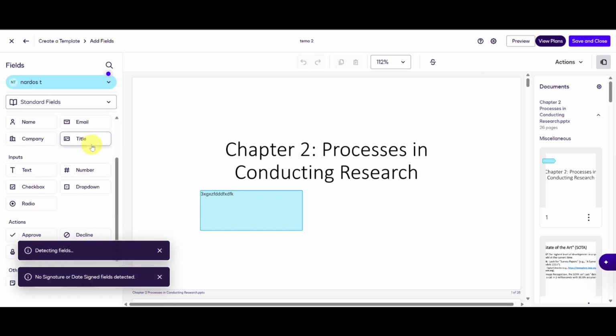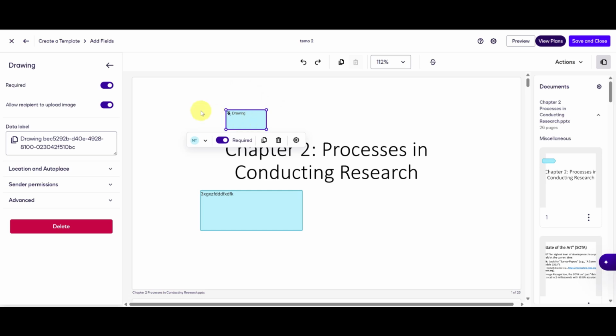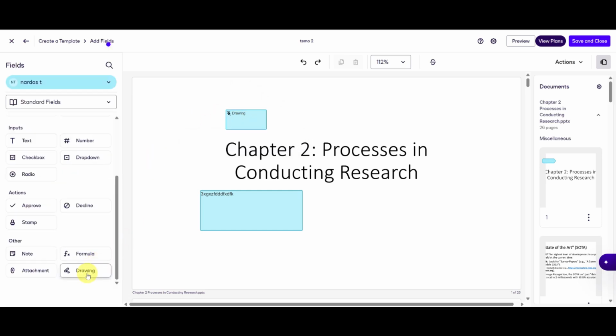Look for the Field Options panel and select the Drawing field. Drag and drop it onto your document wherever you want the signer to add their drawing or freehand input. This field allows users to create custom markings, sketches, or even a handwritten style signature, making your document more flexible